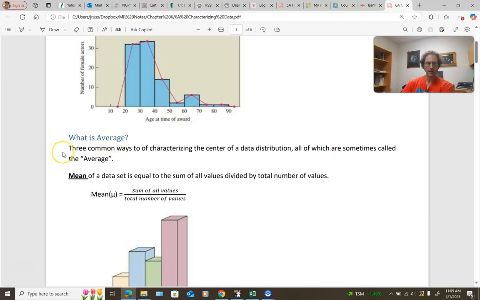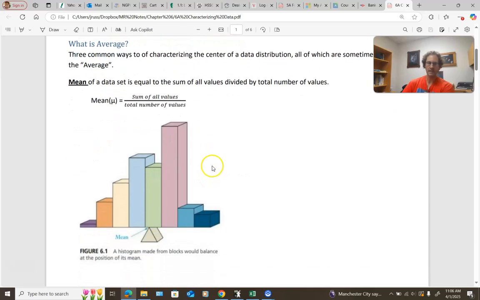Okay, so what is average? It says 3 common ways of characterizing the center of a data distribution, all of which sometimes are called the average. So the first thing we're going to talk about is something called the mean. So the mean is just a word or term that's used in statistics to denote the average. Okay,